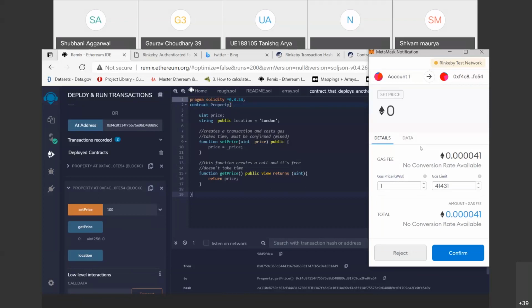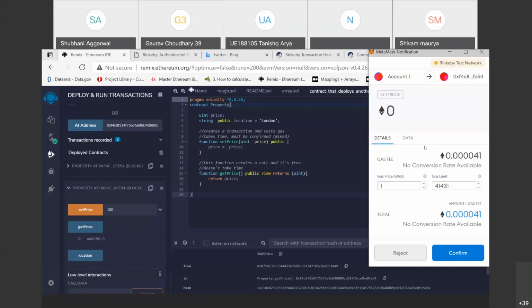We can create an authority of 5 validators also, 10 validators, 15, 12, however many, but a maximum of 25, that validates your transaction. So the backend of the Rinkeby test network of MetaMask works on the basis of the proof of authority